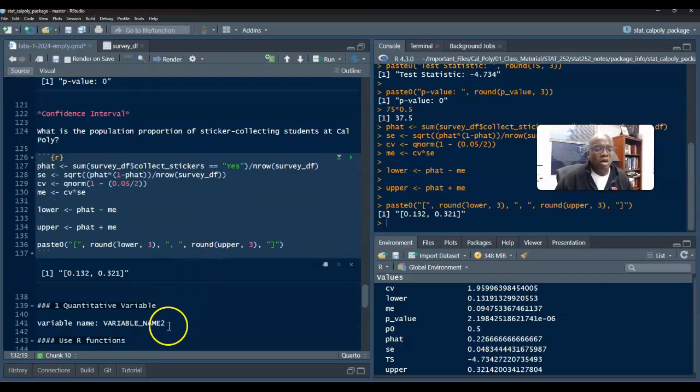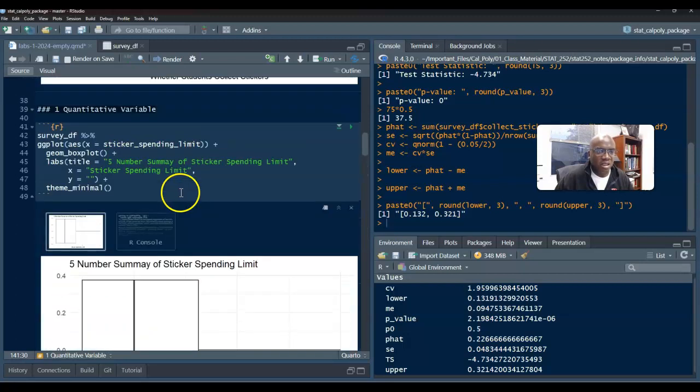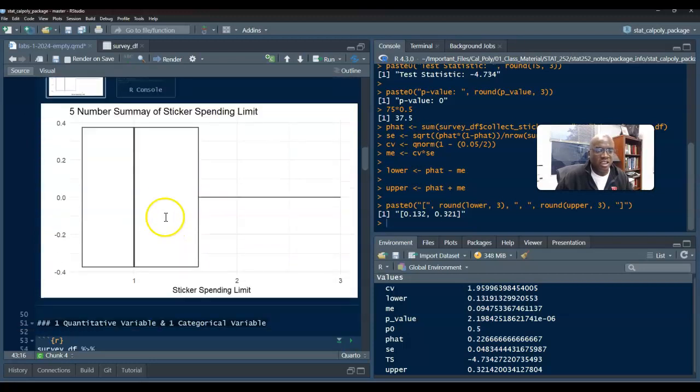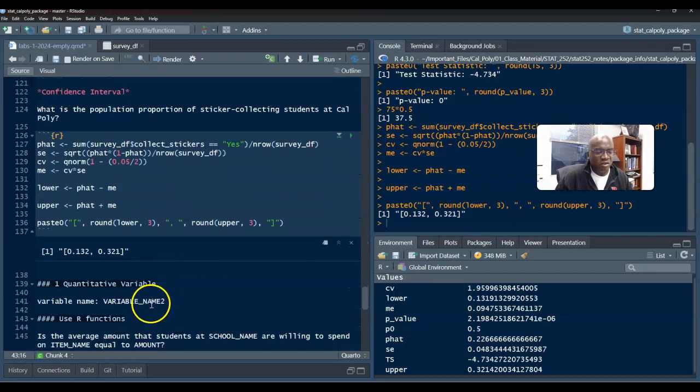So imagine we're looking at one quantitative variable. Same thing here. We want to analyze just the sticker spending limit. I'm going to copy paste it here in terms of the visualization. Okay, and we saw that the actual mean is 1.26. Let's test if that actual value, okay, sticker spending limit,